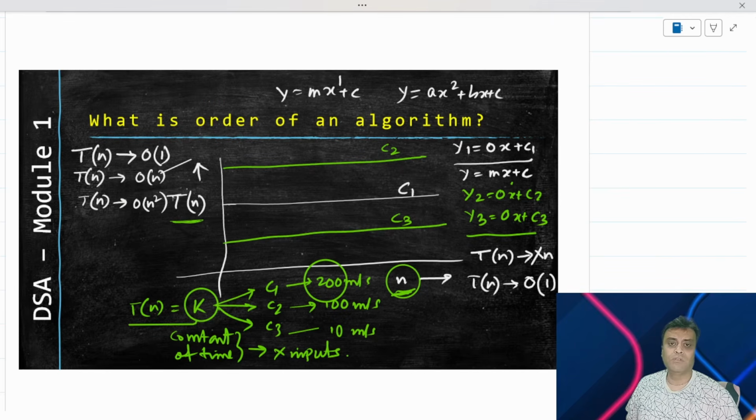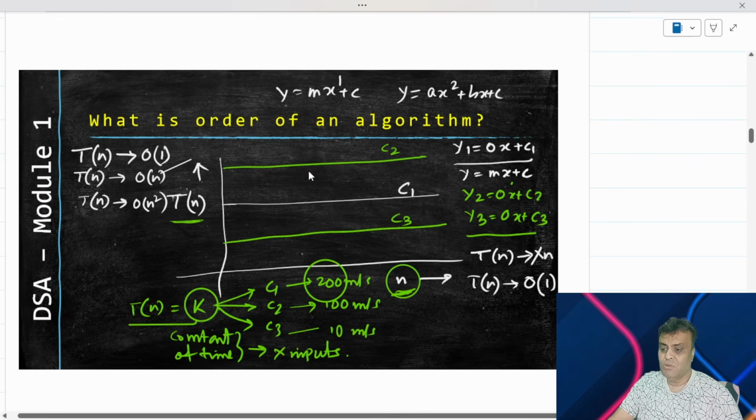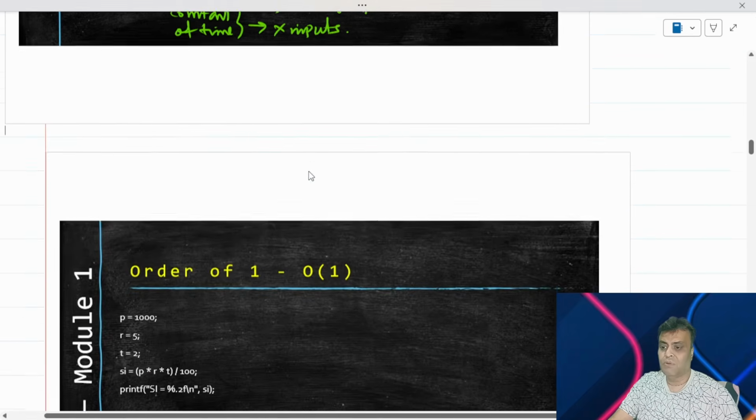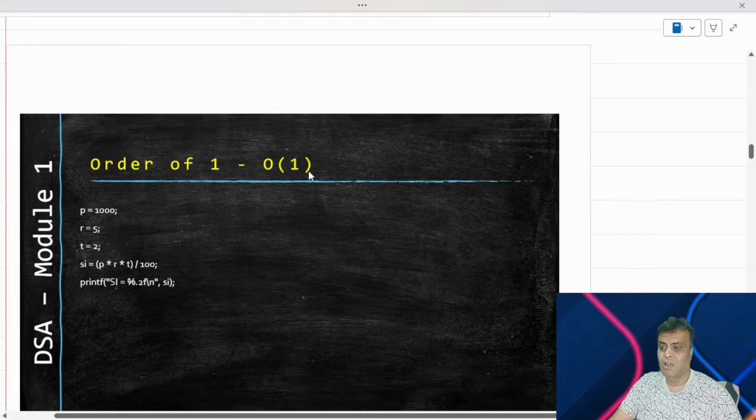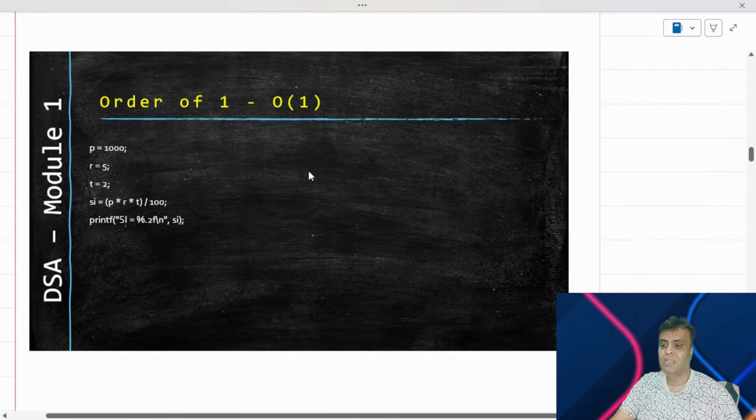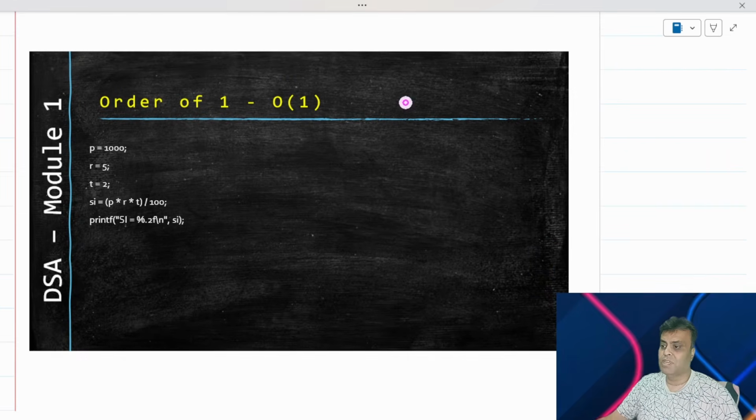Both of them will execute with order of n, and that is what we have also explained. Now, I think it is time to get into some more examples, and that's what this particular lecture is all about. We will take you through multiple examples, so that this particular concept is hammered into your concept drawers. So let's take an order of one example here.